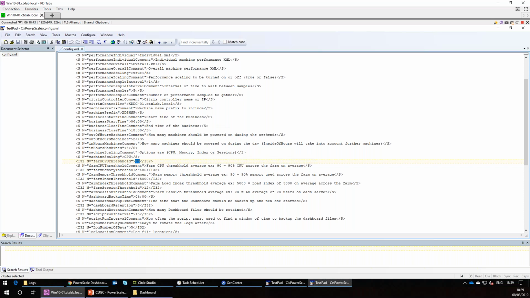What I find is load index is a pretty good one to have for this, because you can configure your load index via additional thresholds. So you can start meshing together your CPU and your memory to give a load index value, which then the farm will scale on. But bear in mind, it's still an average. So what you'd probably do is put the script in,